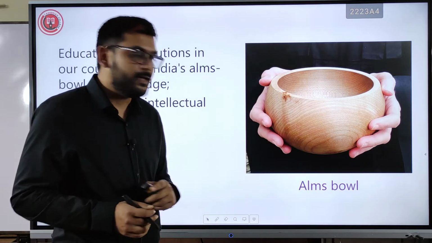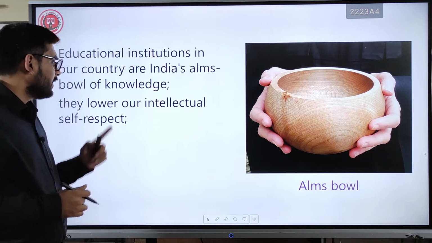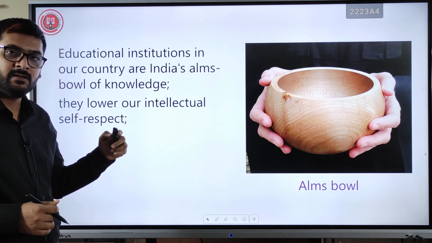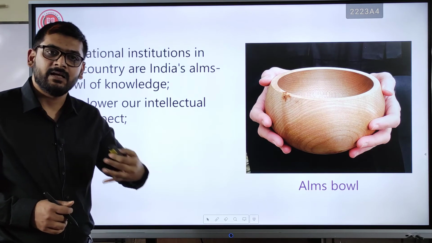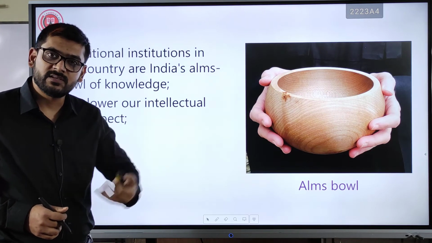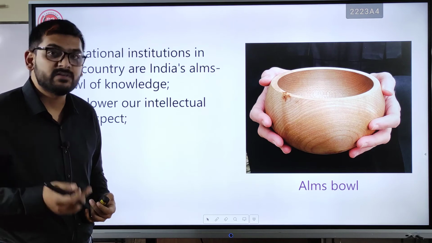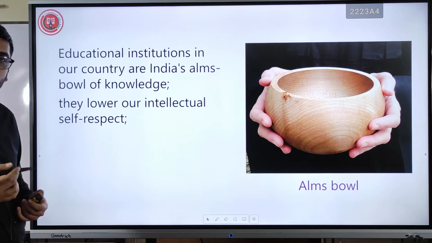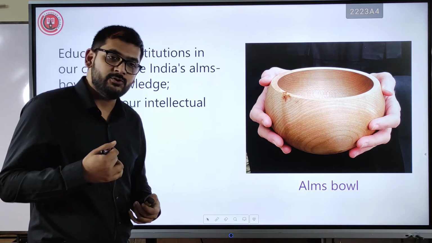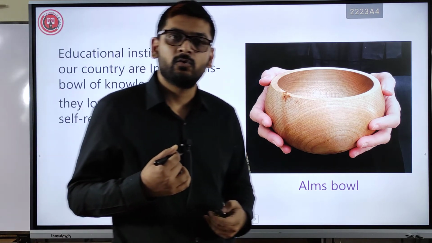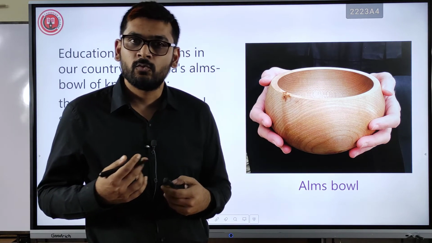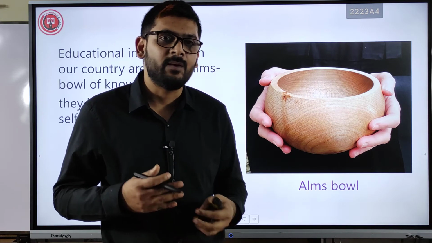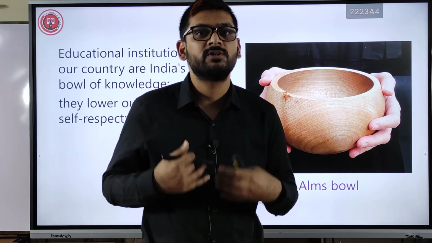In the same way, our educational institutions are using education systems from foreign universities, and that's how we are lowering our self-respect. যখন আমরা অন্যের কোনো কিছু ব্যবহার করে কোনো একটা সফলতা পাই, সেটা আমাদের জন্য গর্বের না, আমাদের আত্মমর্যাদা তাতে কমে যায়।